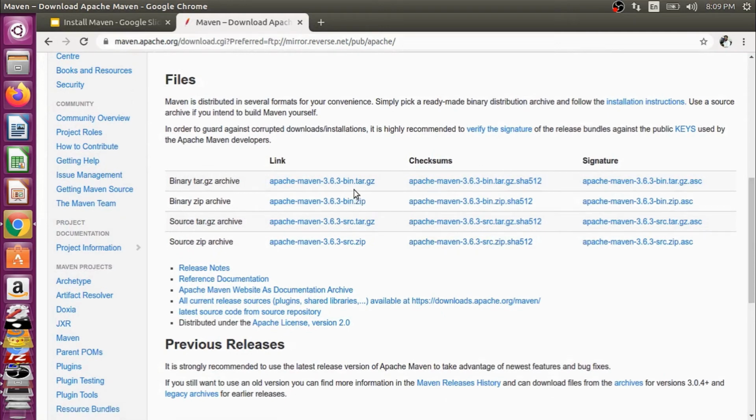Two are bin.tar.gz, second one is bin.zip, third one is the source, and fourth one is also the source. We can use the above two distributions, this one and this one. The tar.gz distribution is generally used in Unix-like environments, and bin.zip is generally used in Windows environments. So we are working in a Linux environment, so we will be downloading tar.gz.